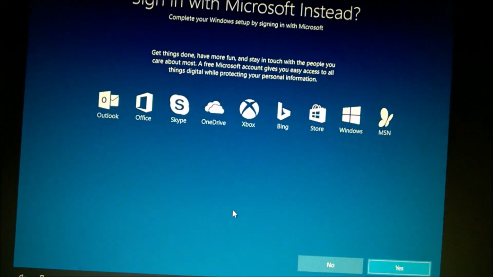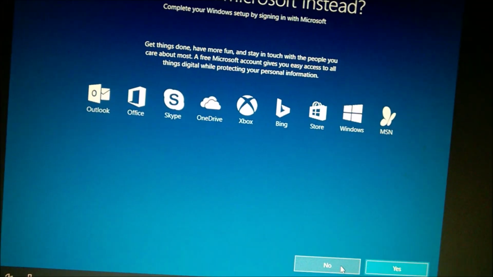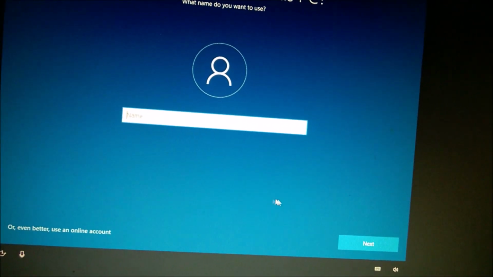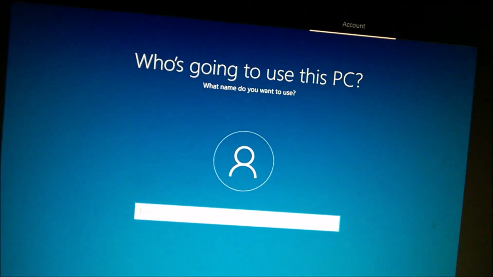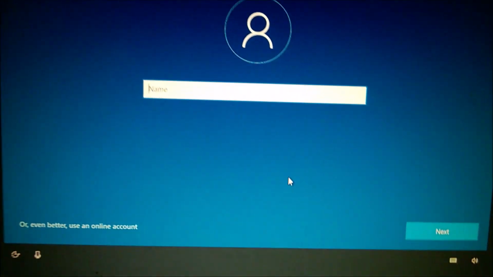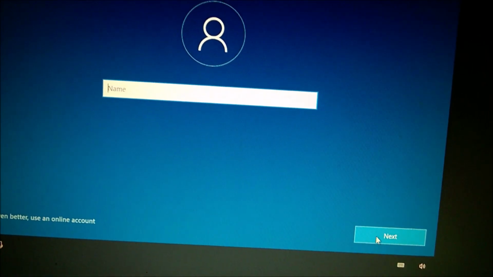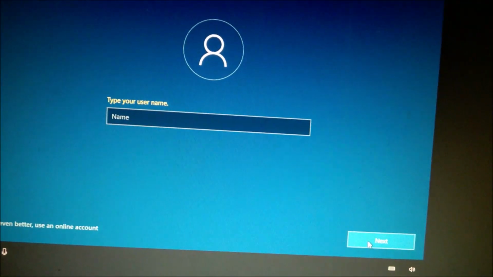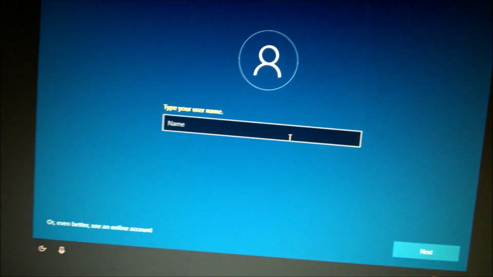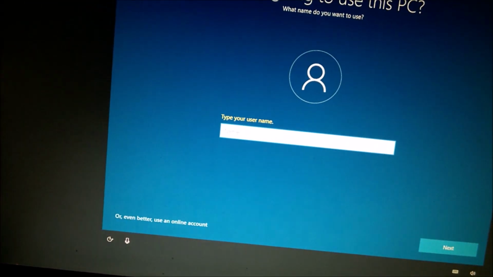Signing in with Microsoft instead, no. Again, these are choices. Who's going to use this PC? I don't really want to name a user at this point. Let's see if I can skip this step. No, it doesn't let me. So let's just say myself.